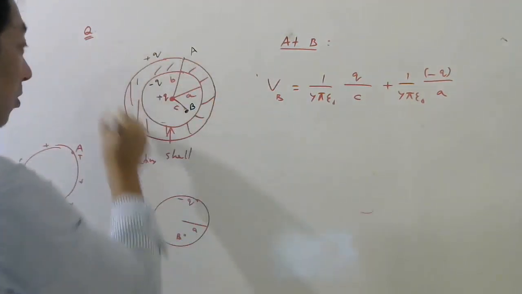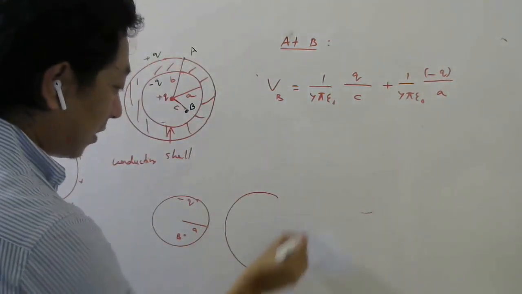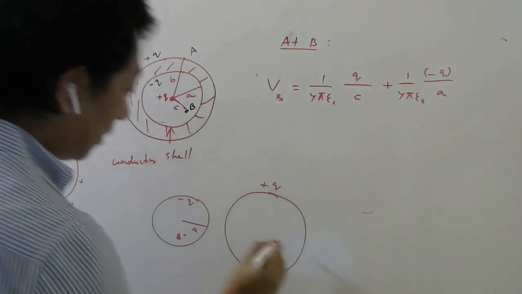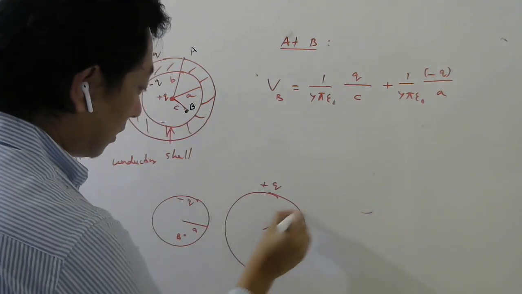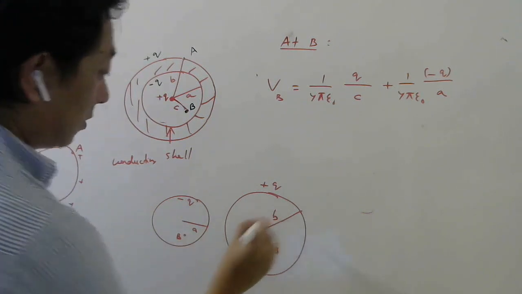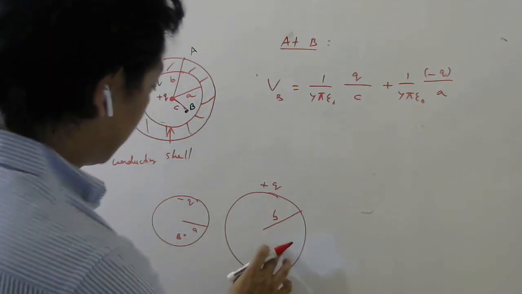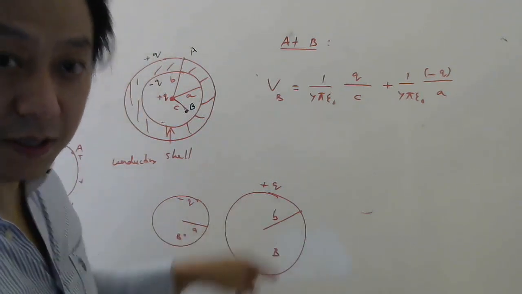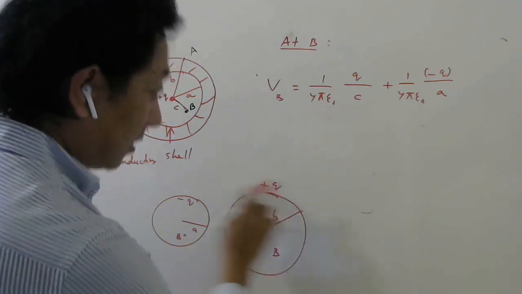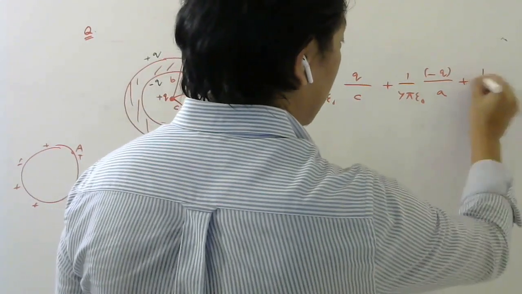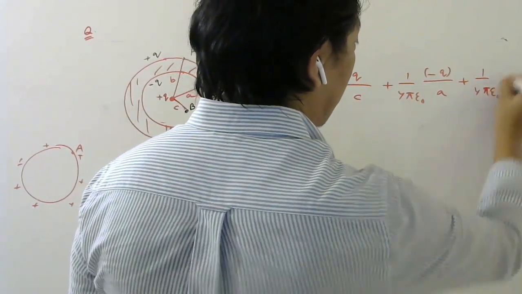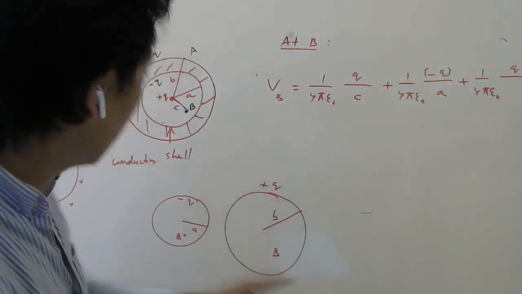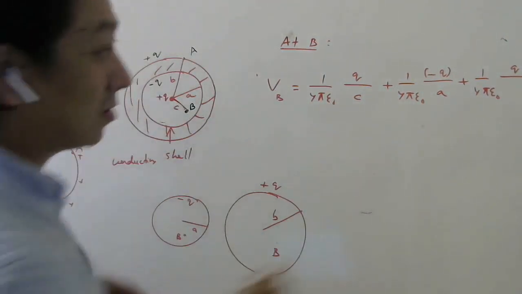So the radius of this shell is A. Similarly, this charge will also produce potential. So for that charge, if I draw here, the outer side is plus q and B is inside here. And this radius is B. So if I want potential inside, then since it is inside, it will be the same as on the surface. And on the surface, what will be the potential? 1 by 4 pi epsilon naught charge divided by the radius of that shell. What is the radius of this shell? It is B, right? So it will be B.